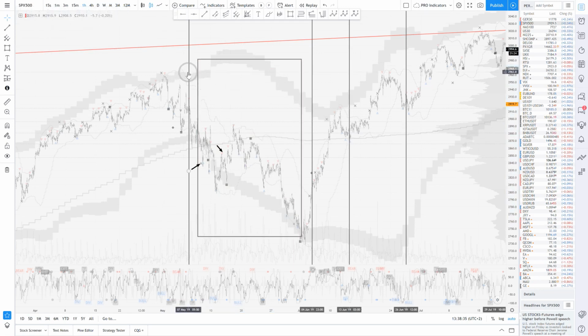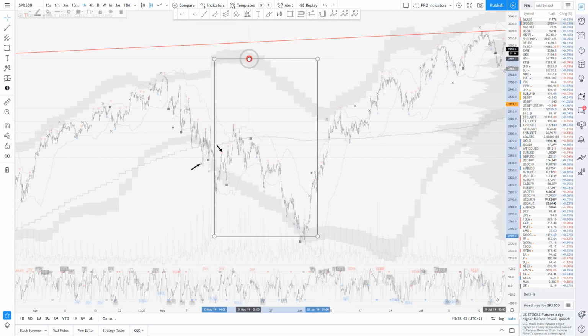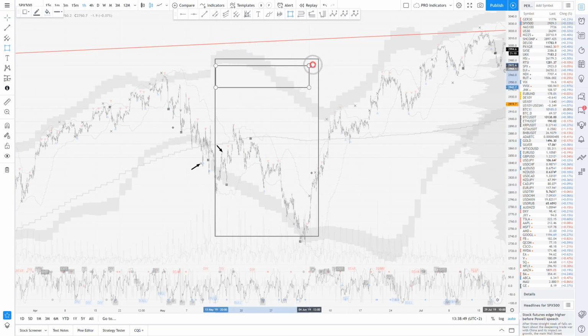Let me delete the lines, actually, not necessary anymore. So in this big box, this is 100% of the code of the framework. This is like variable introduction. I use freaking numbers of variables, so don't mind me with that. That's how I always code it. I'm using a lot of inputs. Anyway, so variable declaration.